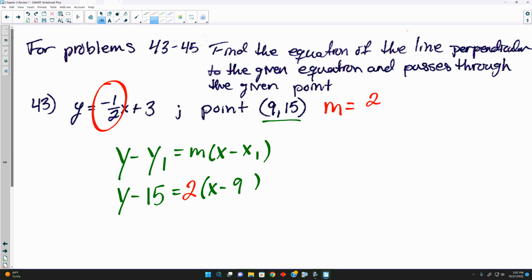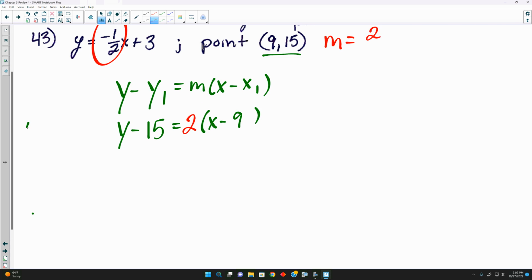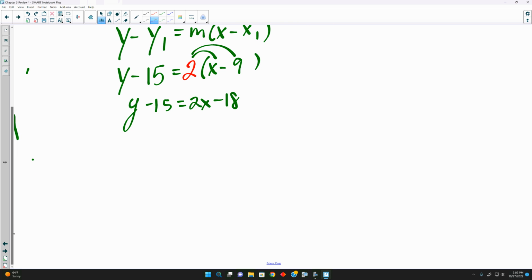So they told us we're finding the equation of a line perpendicular to the given one. So since it's perpendicular, we flip it and change the sign. So 1/2 becomes 2 over 1, or just 2. And it's going to become positive. So we distribute the 2. 2 times x is 2x. 2 times negative 9 is negative 18. And lastly, we would add 15 to both sides, telling us y is equal to 2x minus